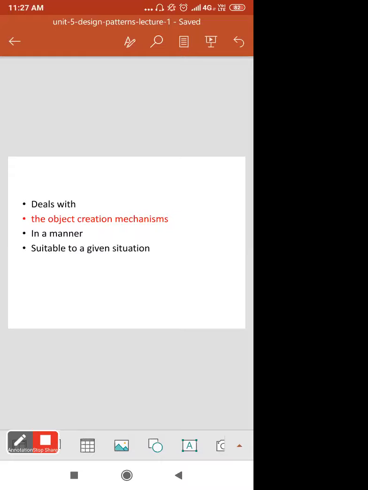Basically, under this creational type you have these design patterns. Read it carefully. Five design patterns are there: singleton pattern, factory pattern, abstract factory pattern, builder pattern, and the prototype pattern.